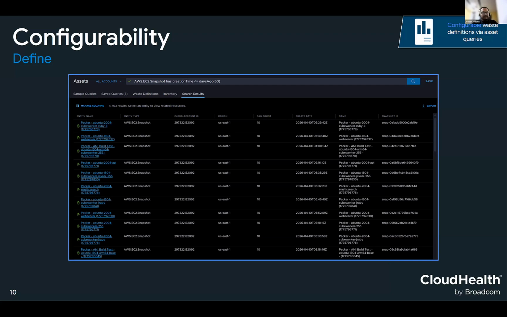You can define, if instead of 60 you would like to make it 6 months or just 1 month, you can edit it. So this definition, what waste really means to you, you can define, obviously to the extent to which we can provide flexibility. We will provide that so that you can modify it.